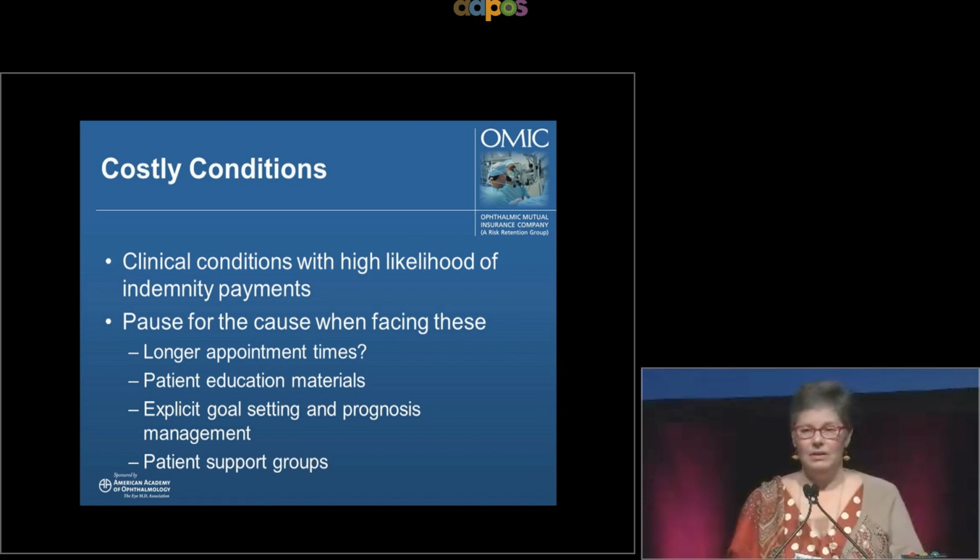I'm saying this in the context of knowing the pressures facing you in your offices and knowing how very little time you have per patient. So I'm going to be giving you lots of recommendations. That's what they pay me for. But if you're not sure which ones to implement, which are the higher risk things, call the risk manager of whoever insures you to do a practice analysis. We can work with you and say, okay, tell me what you do in the office, what kinds of surgeries, and pretty quickly I can tell you based on claims data where your riskiest patients are going to be and what you can do to reduce that risk.